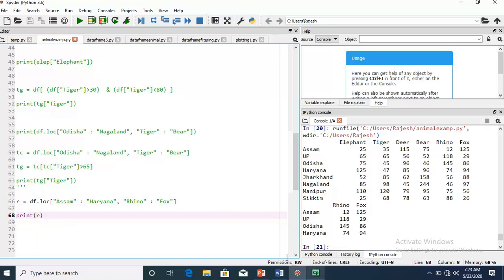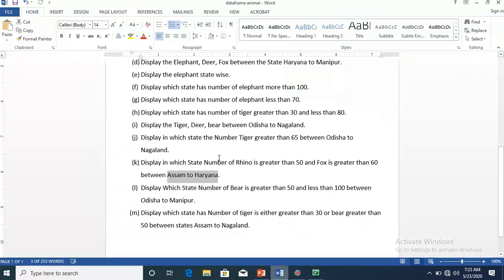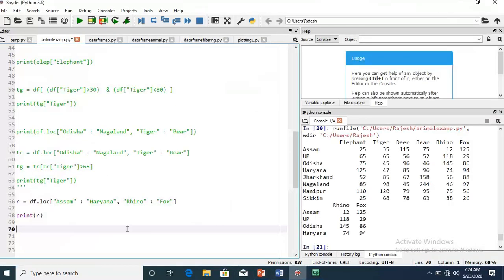Then what you will see, yes, we have selected the states from Assam to Haryana, and we have also our desired columns rhino and fox. Then what are the next things? Now we have to apply the condition where rhino is greater than 50 and fox is greater than 60. Let me apply the condition and call it RF.